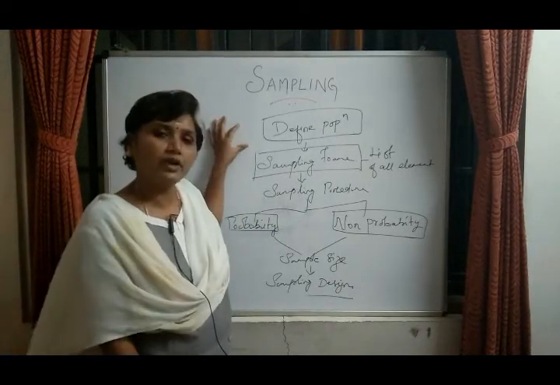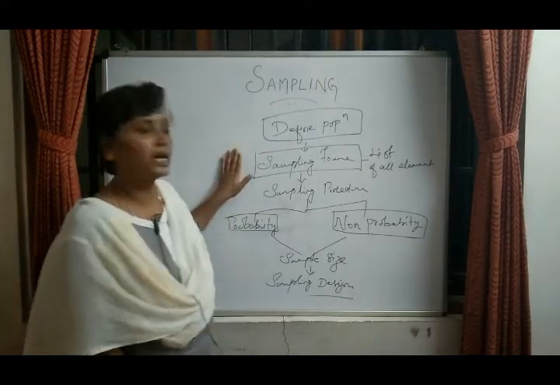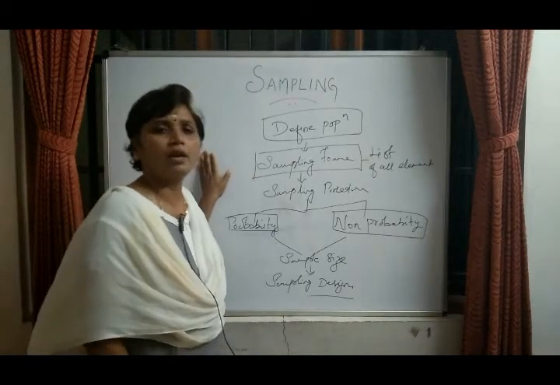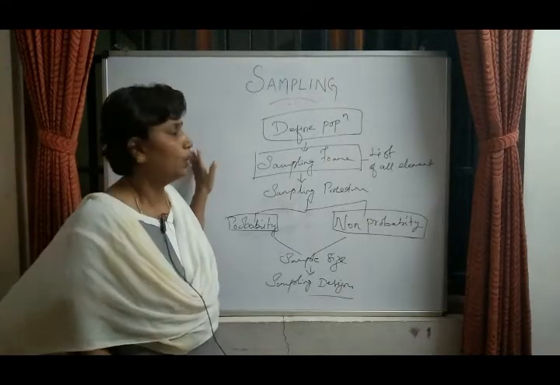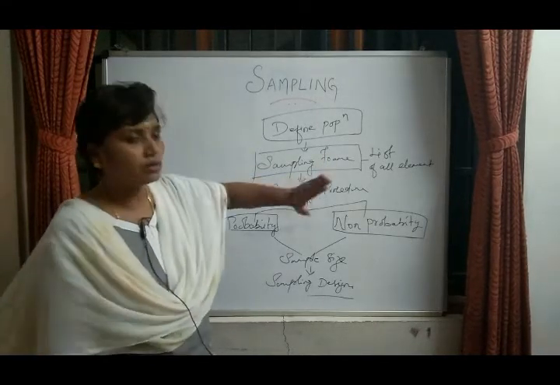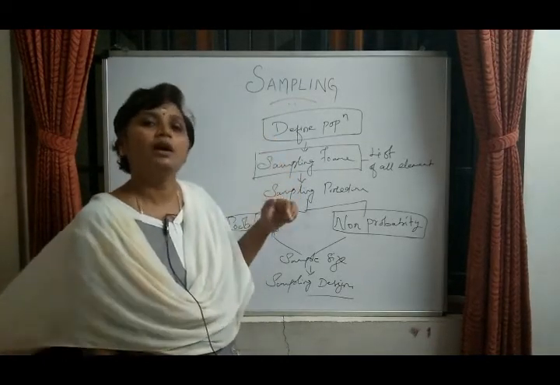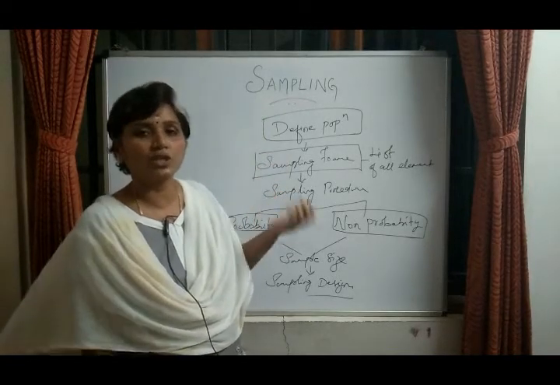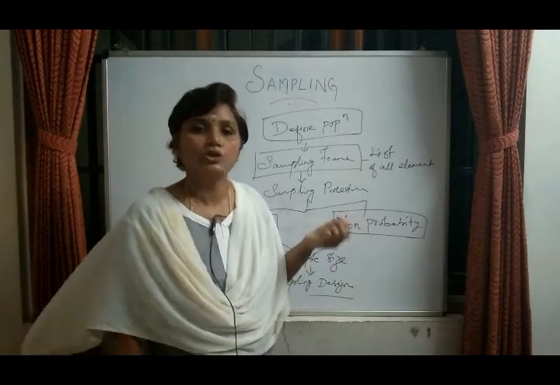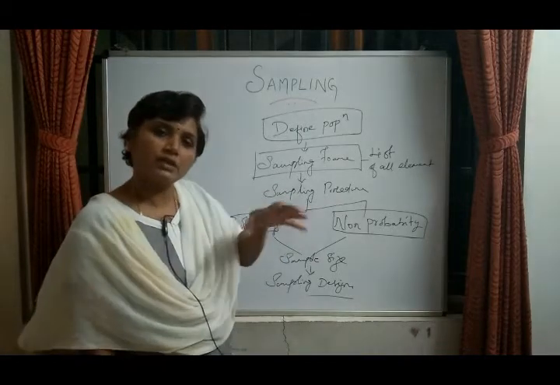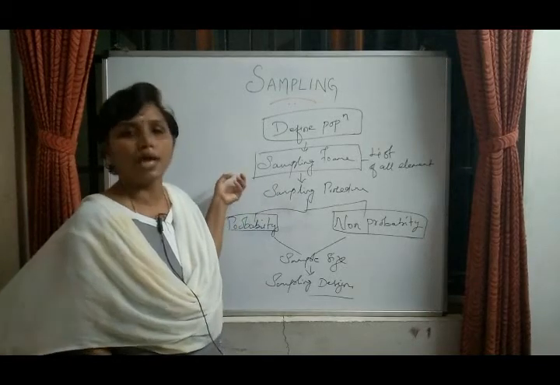First, we have to identify the population, in which group of people we are going to do a study, and we have to make a sampling frame, that is all the elements. For example, if you want to do a study in one district, it means the whole district, and in that, which area. For example, in the schools, if you want to study how new technology is imparted in the schools, then certain schools will be selected. In that, the list of all the persons will be included in the sampling frame.